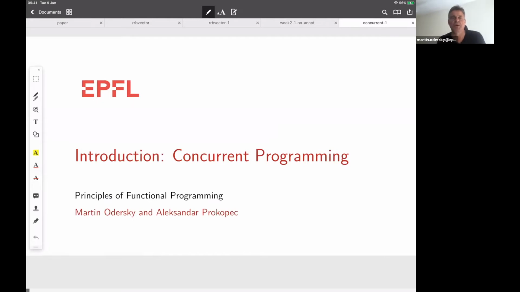Let's launch into this module. So the next 3 weeks, we are going to do concurrent programming. And concurrent programming is, in a sense, the low-level basis on which everything else in this course rests. You've seen the first 4 weeks of parallel programming. All these parallel execution threads, somebody has to launch them and coordinate them and make sure that everything works and that exceptions are caught. That's essentially the low-level substrate, which is done with concurrent programming and concurrent primitives. So the next 3 weeks, we learn about those.